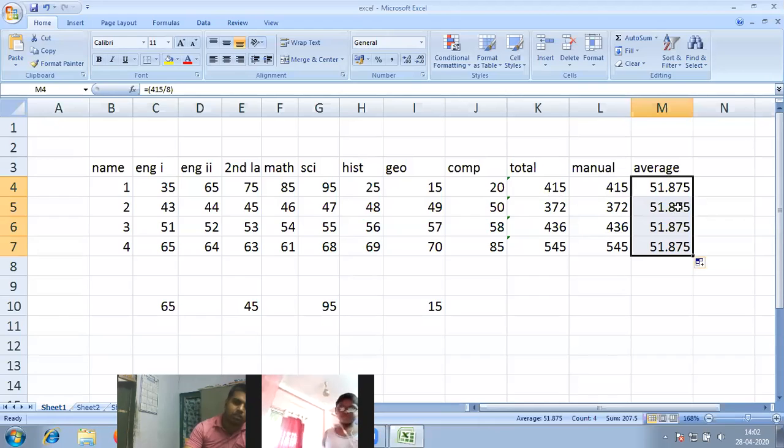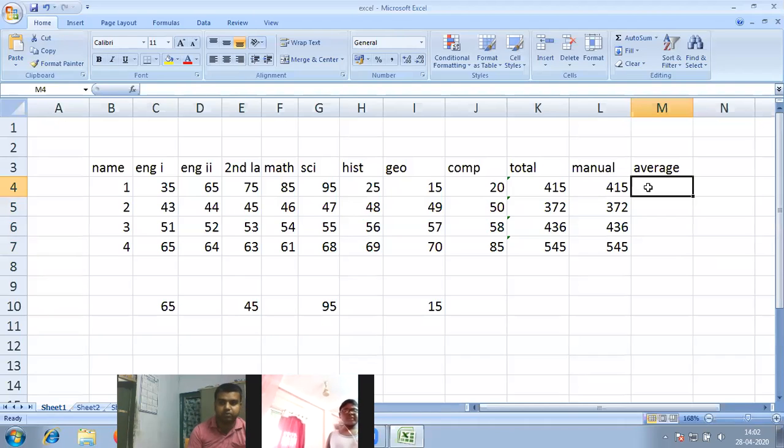That is why it is always said that whenever we are performing any calculation, we never use direct values. We use cell addresses. So I am removing this, and in fact I am removing this part also. In this case we will not use the direct value, we will use the cell address.